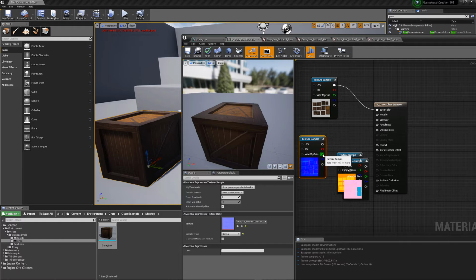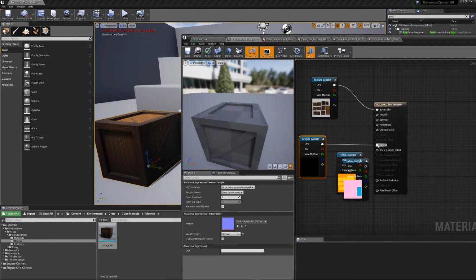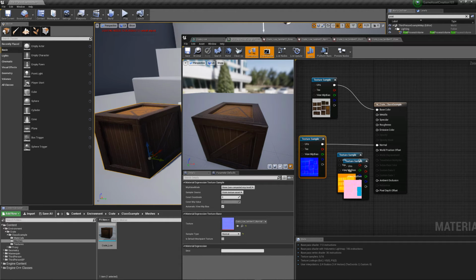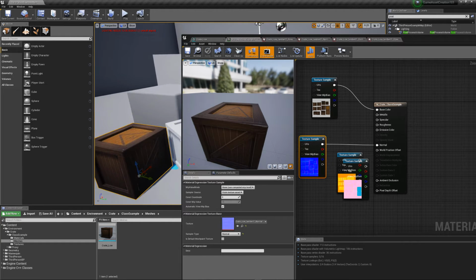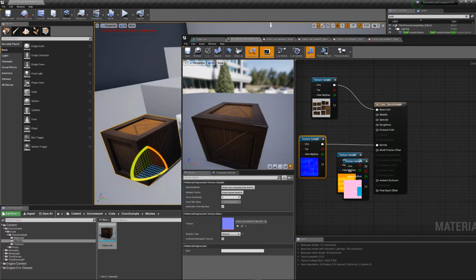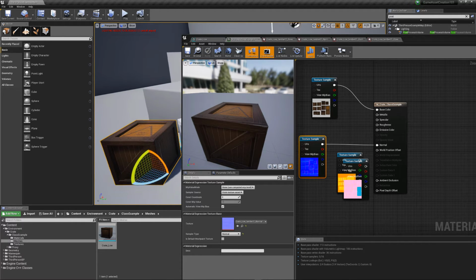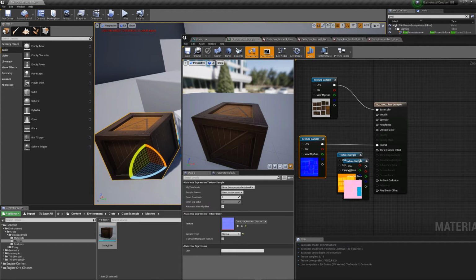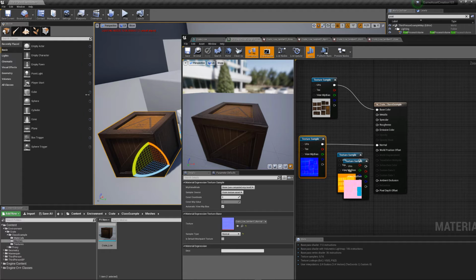The next thing I'm going to do is take the normal map, and I'm going to pipe this out into the normal area right here, and this will put the normal map information on there, and you can see that gets a little bit more dimensionality to that. If we hit save for this, we can see that change be pushed out into the world, and it'll take just a little bit to kind of calculate that. And I think I'm going to just tap the space bar and rotate my object just a little bit, so we can see it kind of a little bit closer in the world to what we see in the material